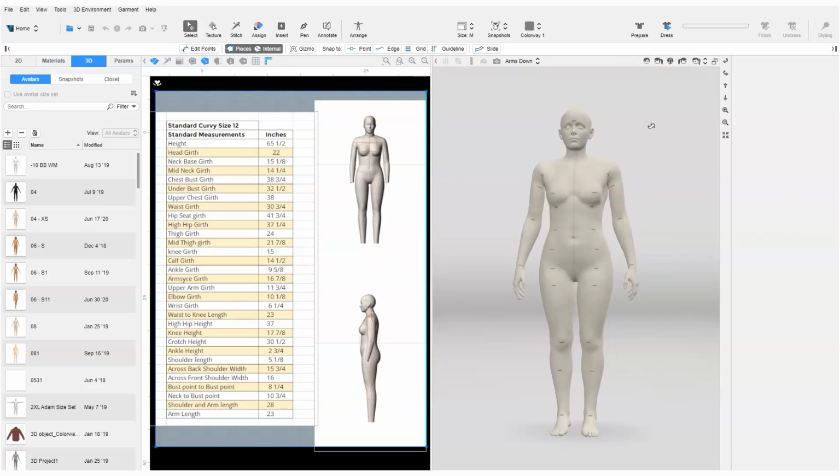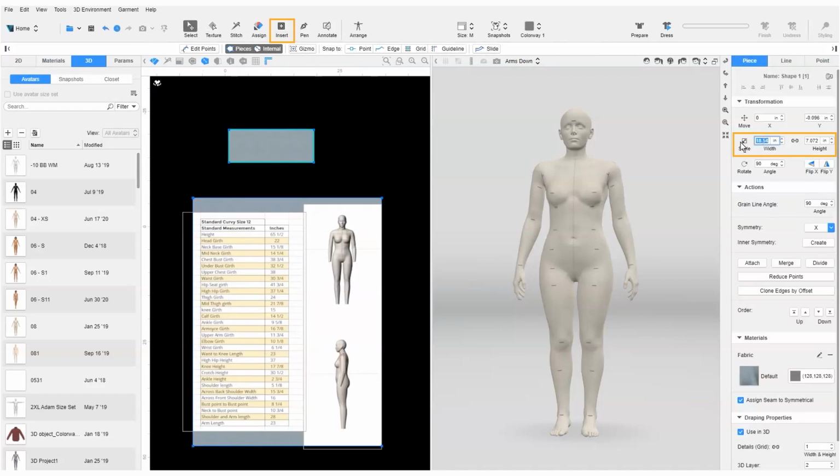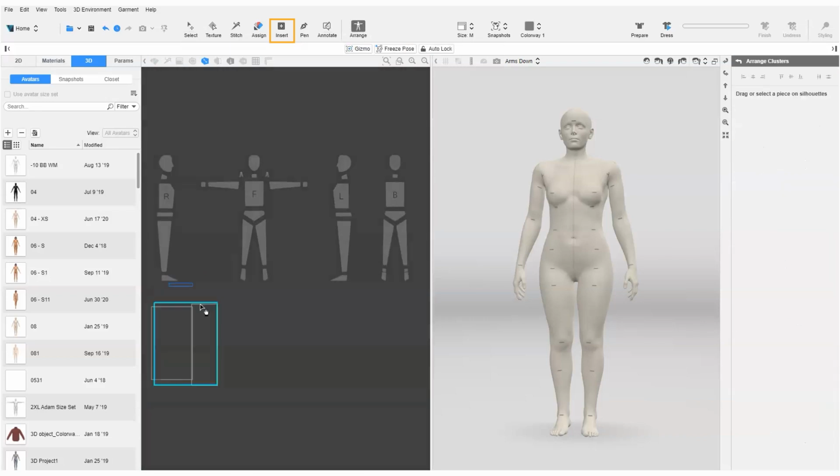Next, we need to do a render of the avatar. Note that the camera icon is grayed out. This is because we need to have a garment dress to render an image. Here's the workaround. We create a small rectangle of 15.5 inches by 2 inches, like a neckband, to stitch and dress around the avatar. Now we arrange it in the neck cluster